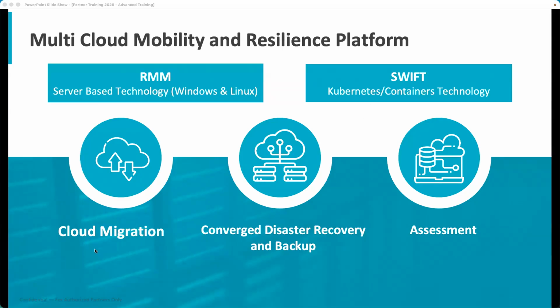But the workflows that are supported: cloud migration, moving from one environment to another, VMware to, call it, OLVM. I'm going to use that today because it's in-house. And